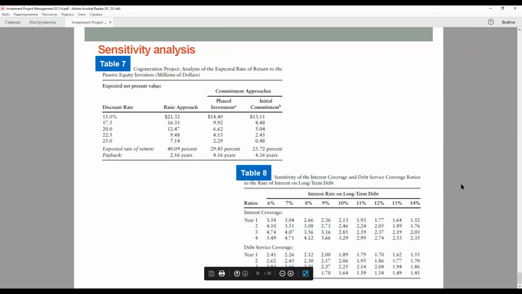Again, to these tables. So we have various tables from 2 to 7, and they contain results for the expected case, but results rarely turn out exactly as expected. So for the cogeneration project, the residual value is uncertain. Also, unless some form of interest rate protection is arranged, the interest rate on 10-year debt service is uncertain.